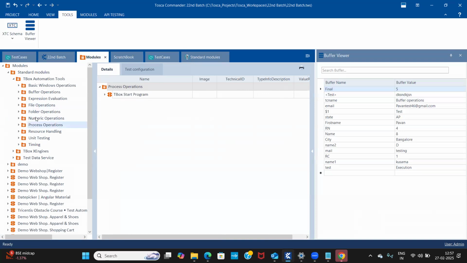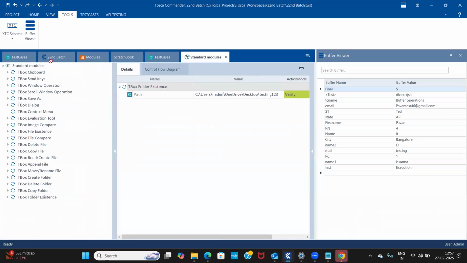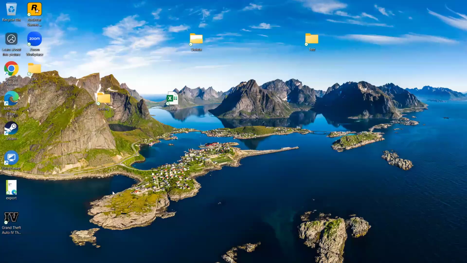So now let's go. This numeric is not required. Process operations. Tbox start program. So this is also very important, guys. Basically, this tbox start program is mainly used in two different ways. One, if you want to open any application or any file present on your machine, we can use it. And if you want to close any application, then also we can use the same tbox start program. So let me give you an example,